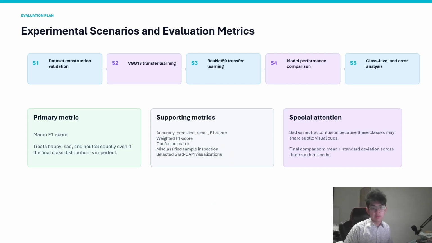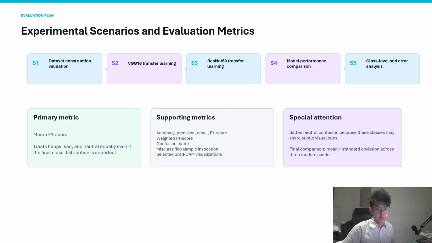And then the experimental scenarios and evaluation metrics. The evaluation plan consists of 5 experimental scenarios. The first scenario is dataset construction validation. This checks whether the dataset contains valid Kawaguri images, acceptable image quality, clear labels, and reduced duplicates. The second scenario is VGG16 transfer learning. This tests how well VGG16 performs on the 3 expression classes. The third scenario is ResNet50 transfer learning, which